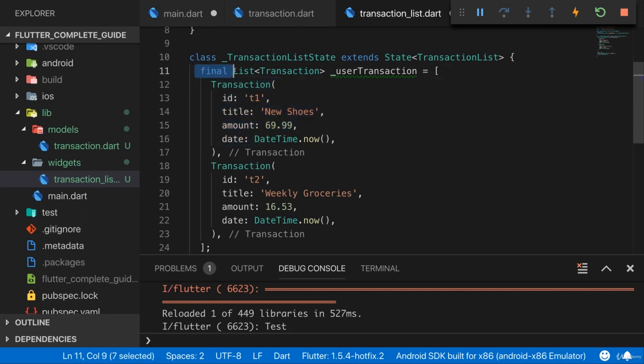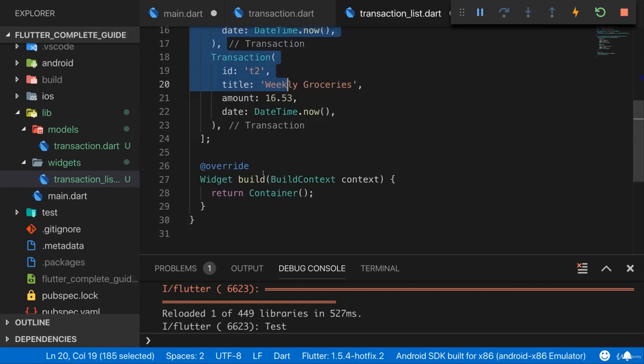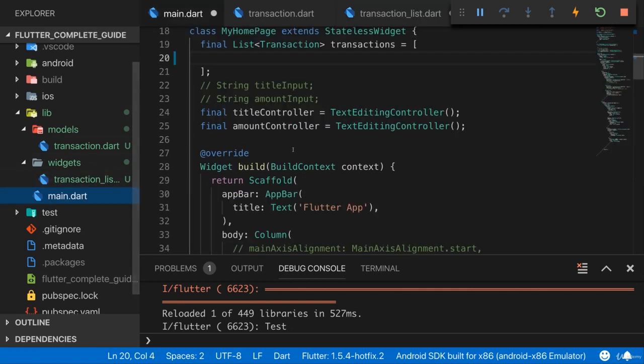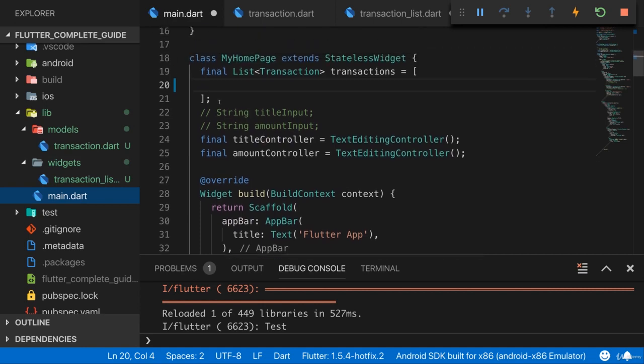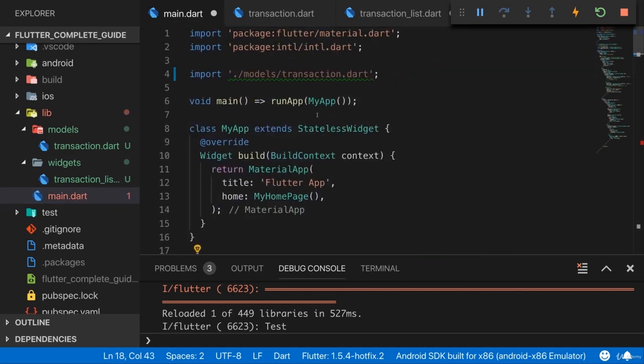By the way, if you're wondering why this is final, we will still be able to edit this list, as you will see. And I will come back to why this works and how it works in a second. So now we have these two transactions in here. Now in the build method here, I of course want to build that list of transaction widgets. In the main Dart file, I can get rid of that transaction list